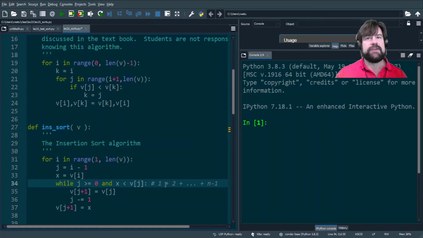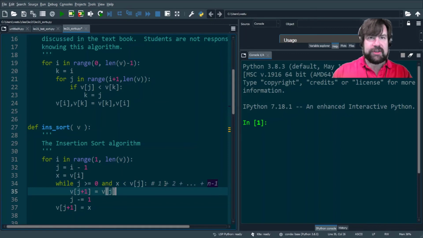So by our basic summation formulas, there are n minus 1 values, and the average value is n minus 1 plus 1 over 2, which is n over 2. So the average value is n over 2, and there are n minus 1 values in our list. So our summation should give us